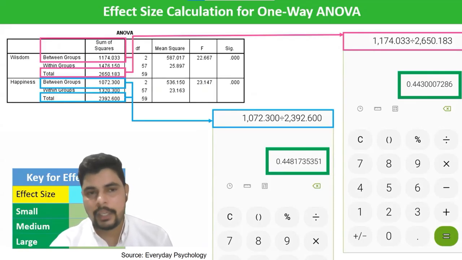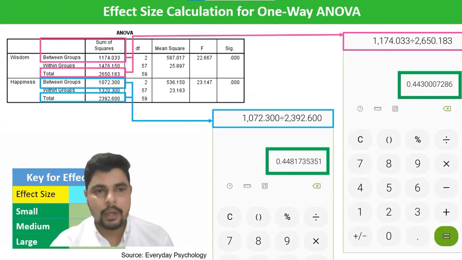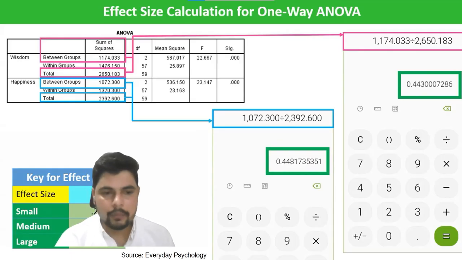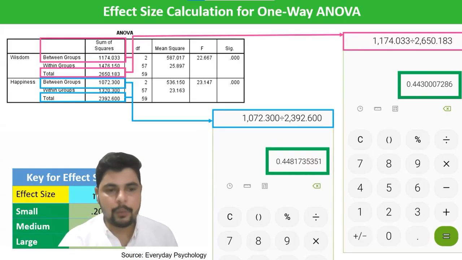In the t-test, we need Cohen's d. In ANOVA, we need the effect size, eta square. How do we find the eta square? We just divide the sum of squares, or we can say the between-groups mean square value, by the total values. So we find the eta square value, and